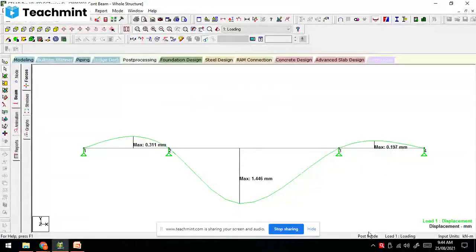Have all of you seen the conjugate beam method, the slope deflection method, or the moment distribution method? From the slope deflection method also you can get these deflection values. You can also use the Maxwell reciprocal theorem, Castigliano's theorem, moment distribution method, slope deflection method that you have studied in your SM1. By using these methods, you can find the shear force and bending moment values, and then also the deflection value. Is it understood, all of you?